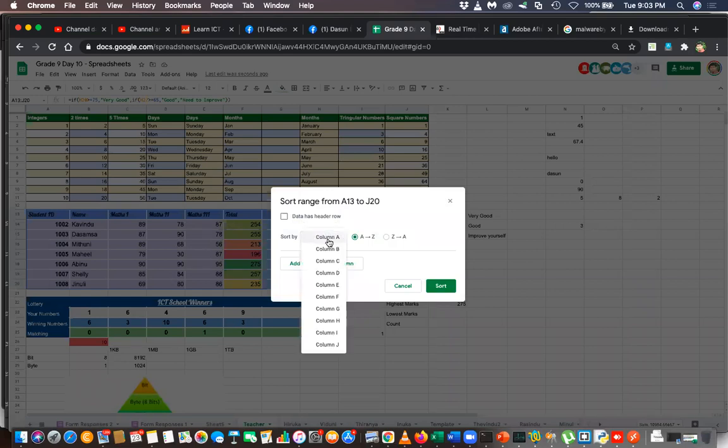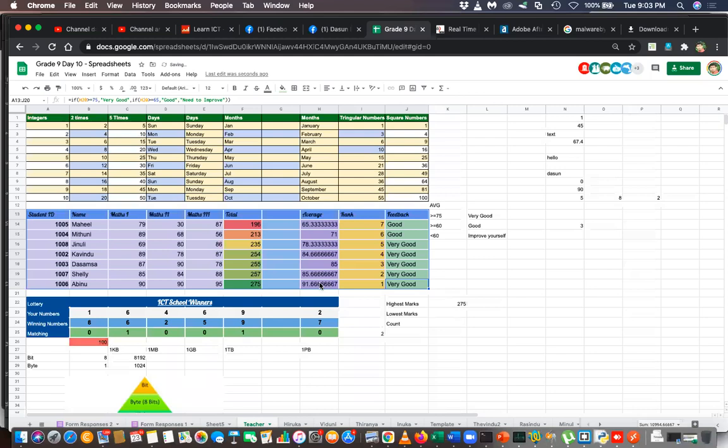The total is column F. You want to sort column F from smallest to largest or largest to smallest. And you can say this list has a header row. Then sort it. You can see it sorted. Understood?